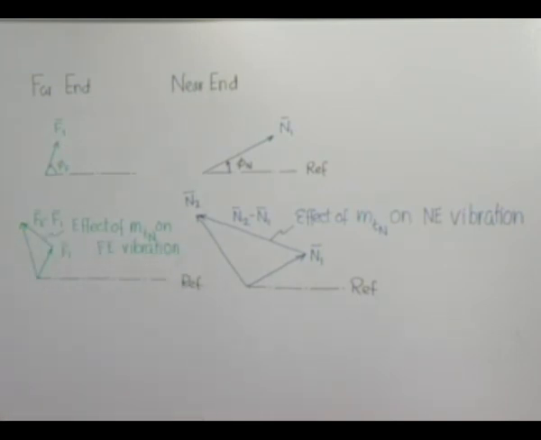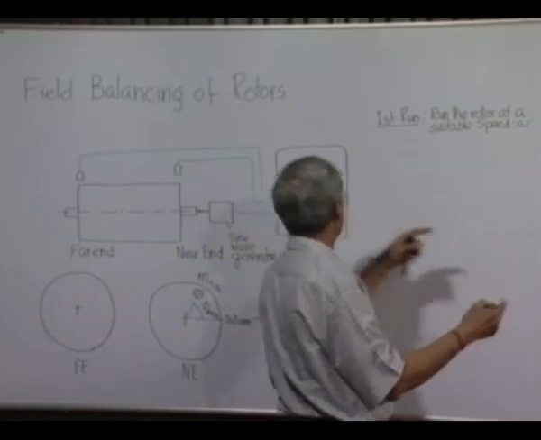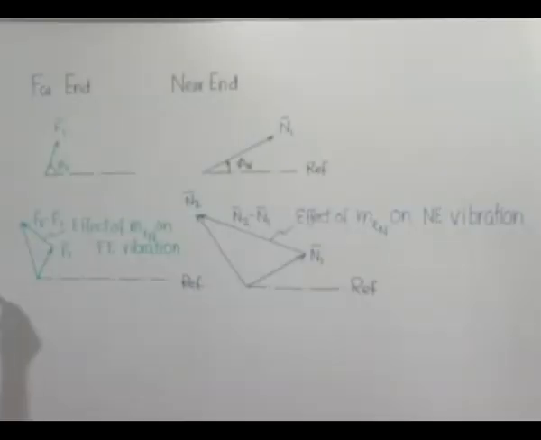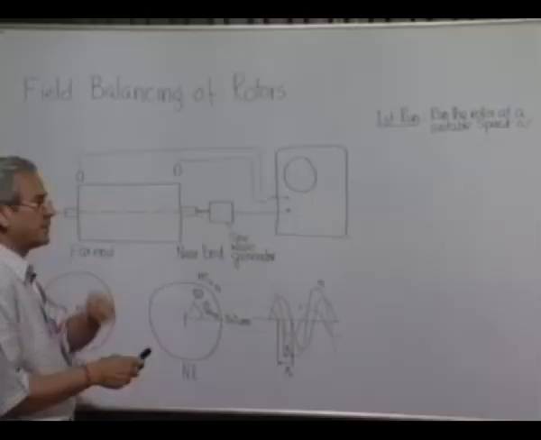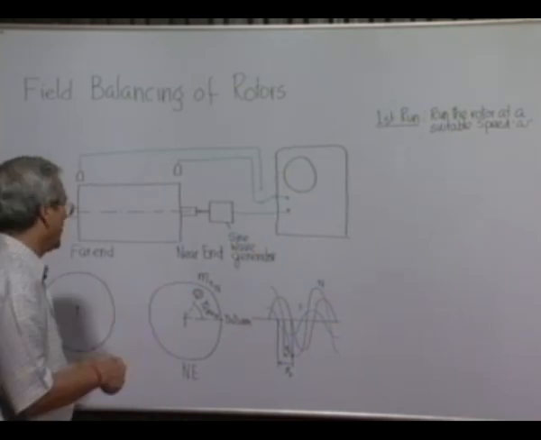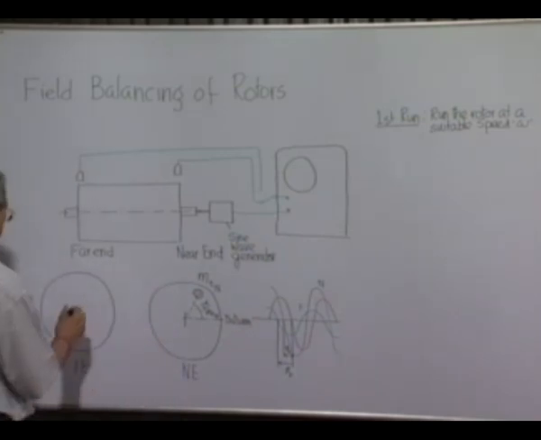Remember, these vectors are all rotating like a rigid body with the same speed, and the real quantity is the component along this, which represents, that means this is the way we represent a harmonically varying quantity. Okay. Next, what we do, we take out this MTN, remove it, and put another mass